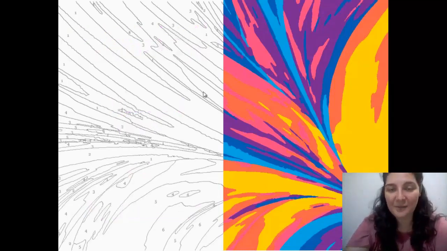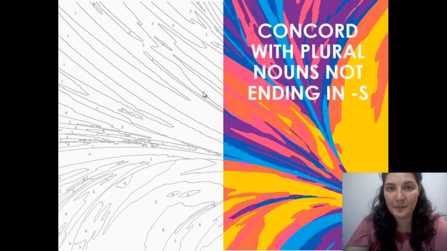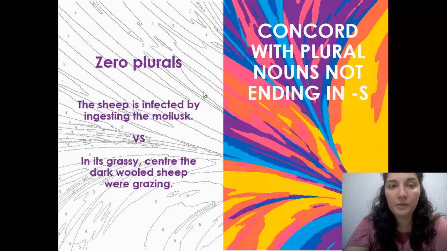There are some nouns which are plural, although they do not finish in the suffix s. This is the case for zero plurals, for example. In these cases, concord establishes that there is no variation in the verb, either for singular or plural cases. In the first example, the word ship has a singular reference, and we are using also a singular verb. While in the second example, the word ship has a plural connotation, it has a plural reference, so we apply